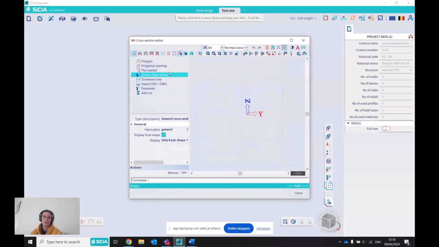It allows you to either import any kind of drawing from DXF or DWG format, or you can draw a section yourself, or you can load in sections from the library and combine them in any way or shape that you would like into the software, and then the software will calculate behind it all of the